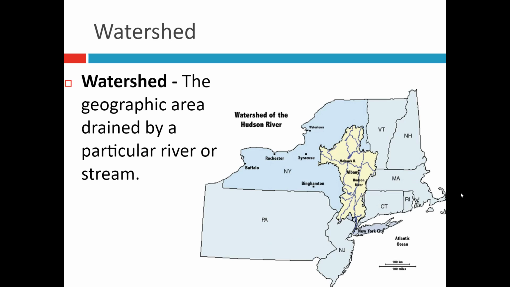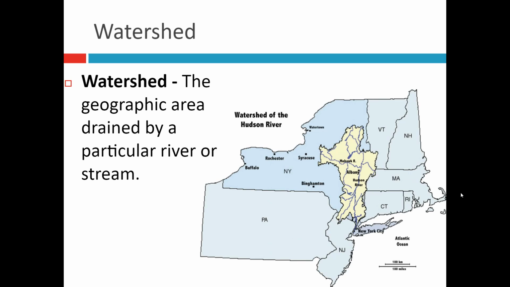It's called a watershed. A watershed is an area of land that is drained by a particular river or a stream. And that's kind of a broad definition because we're not defining how big of a stream or how big of a river we're talking about. So it can be anything from really, really tiny little streams to really, really big rivers like maybe the Mississippi